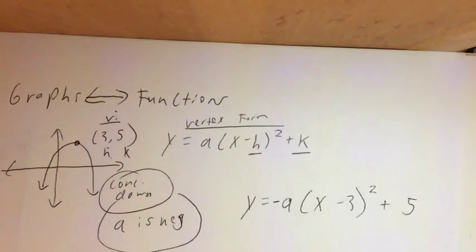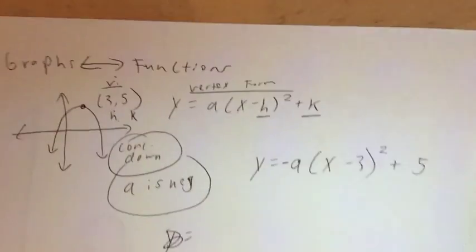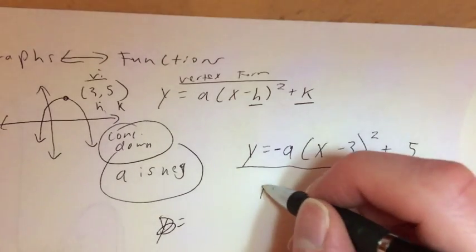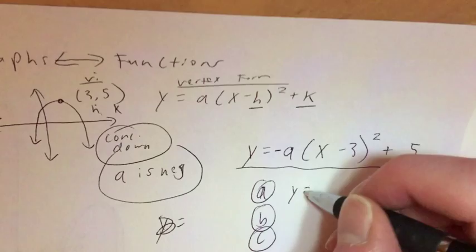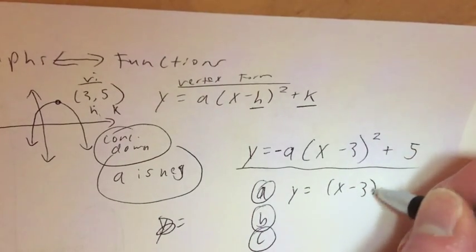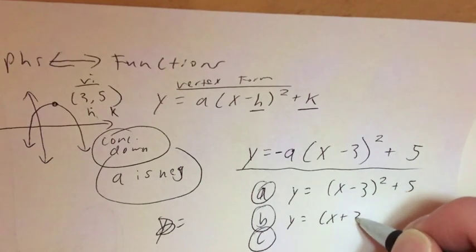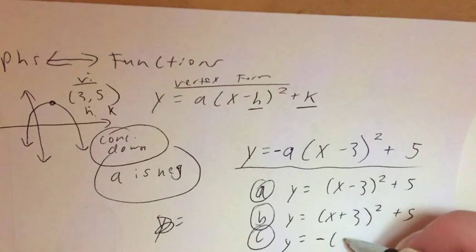Now, just to give you a heads up, what I would do on a test is I give you a bunch of options. This would be my answer choices right here, okay? Let's just say I had 3 answer choices. This would be the ones I'd give you. X minus 3 squared plus 5, x plus 3 squared plus 5, and lastly,